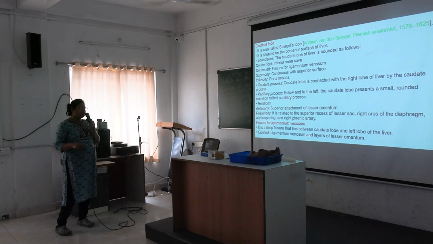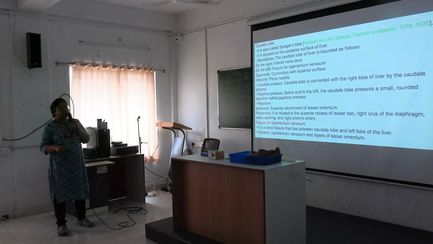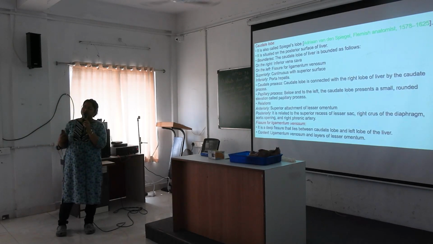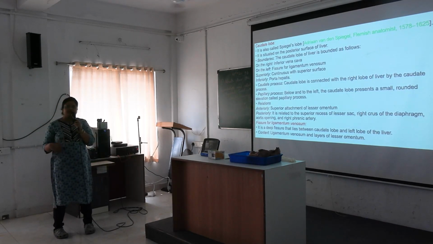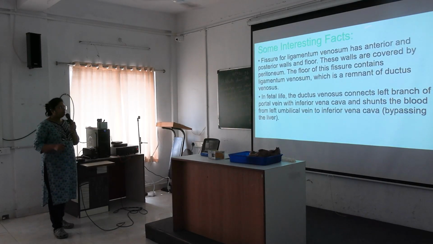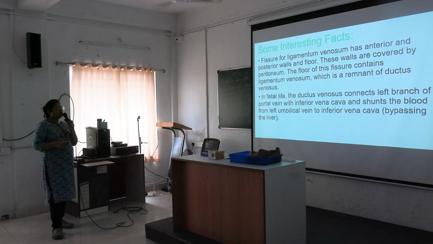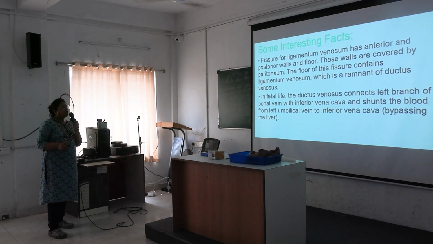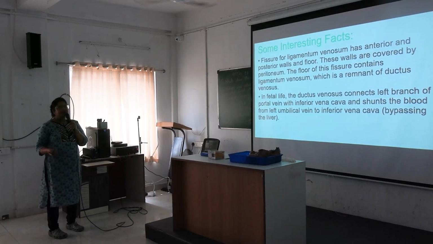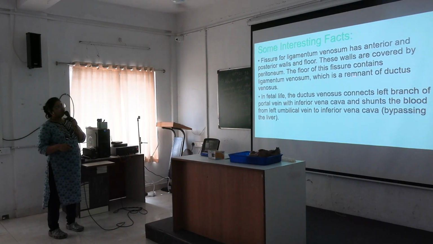Next is fissure for ligamentum venosum. It is a deep fissure that lies between the caudate lobe and left lobe of the liver. And this is the content: ligamentum venosum and layers of the lesser omentum. Four layers of lesser omentum are lying here within the fissure for ligamentum venosum. Fissure for ligamentum venosum has anterior wall, posterior wall and floor. The walls are covered by the peritoneum and floor of this fissure contains the ligamentum venosum, which is a remnant